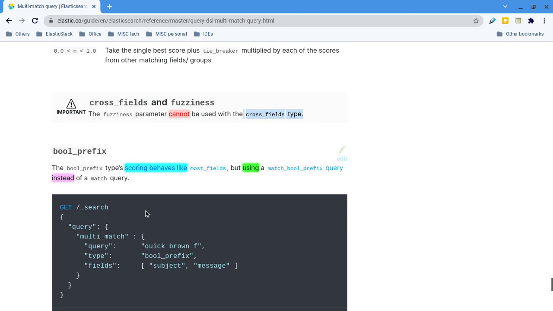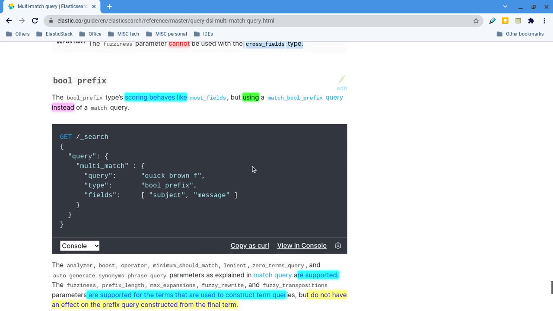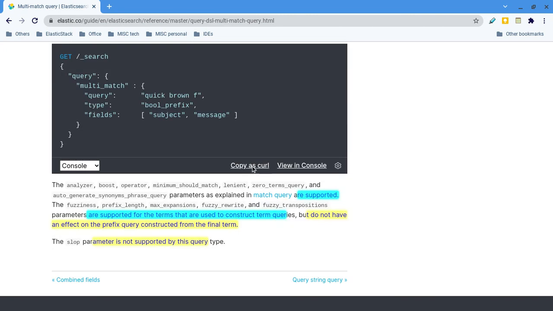Of course, phrase prefix is just a syntax difference, but with more than one field. It is also a match phrase prefix. Instead of a single field, it will work on more than one field. That's the difference.